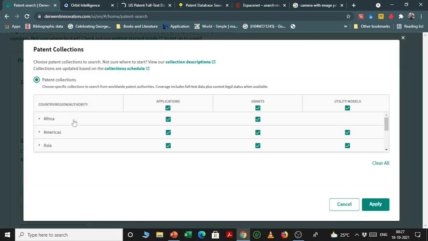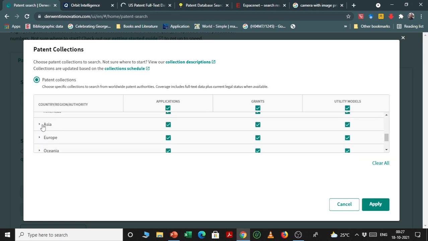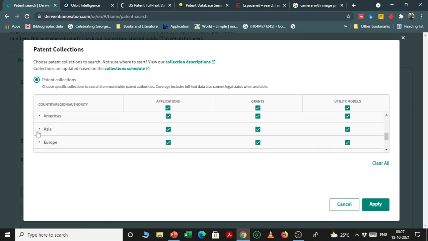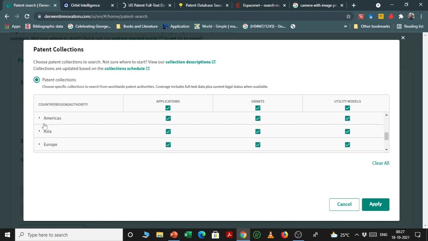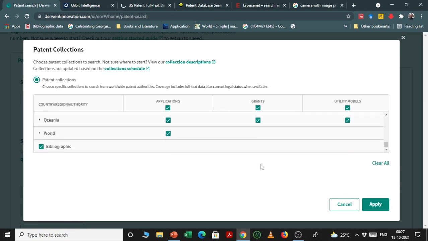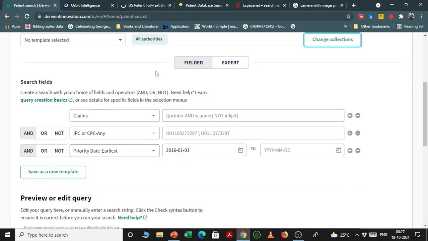It has patents from the countries related to Africa, Asia, Europe, Oceania, the world, and America. So it has a very rich, very comprehensive database. It includes everything.